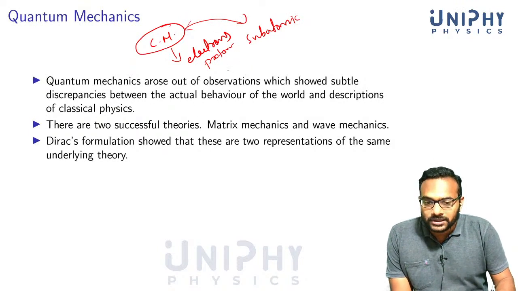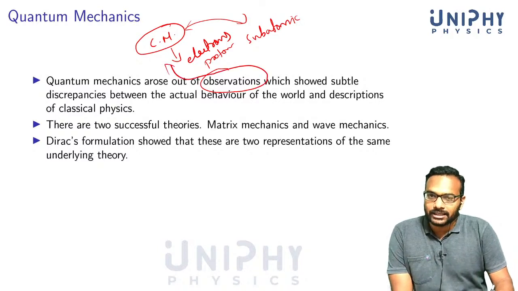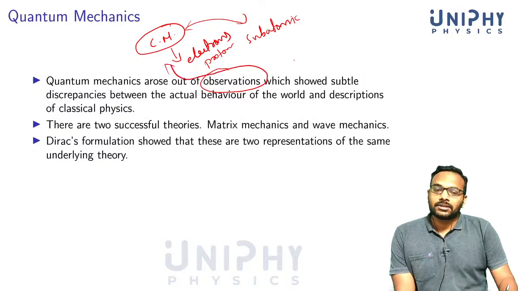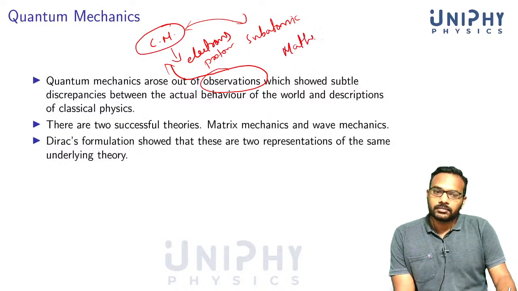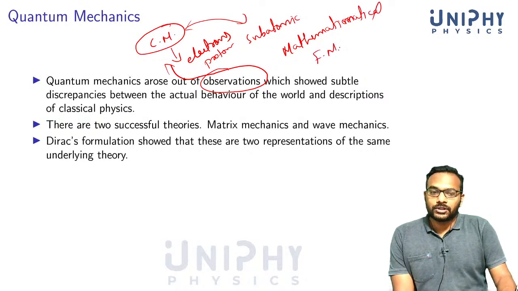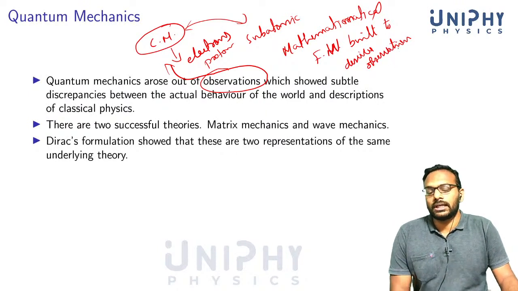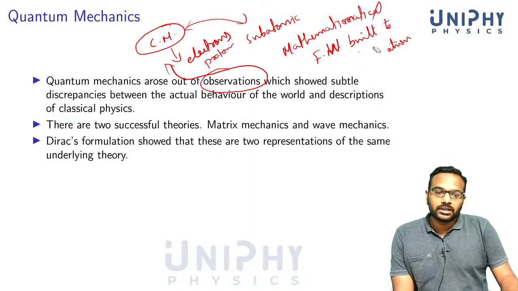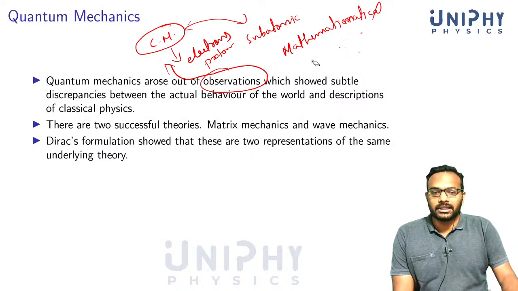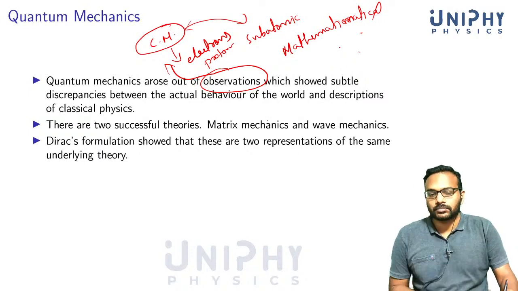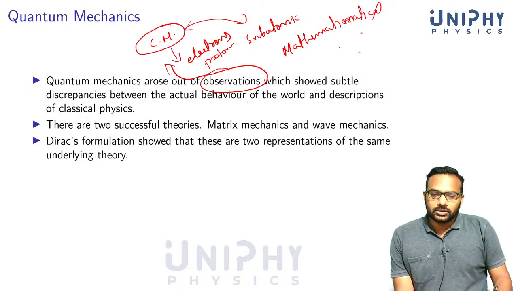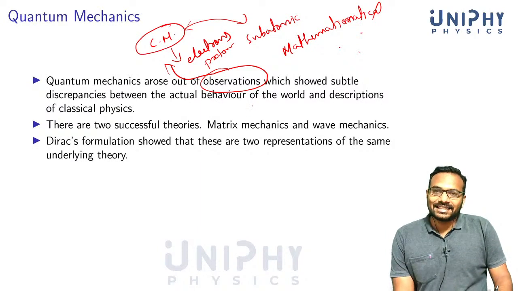So there were observations which were not consistent with classical mechanics. This is the reason why we have quantum mechanics. So quantum mechanics is a mathematical framework which was built to describe observations. Otherwise, no one would have thought of any theory like this. Quantum mechanics was forced upon us by all these experimental observations, or experimental results. So much data was accumulated which could not make sense in the classical mechanics